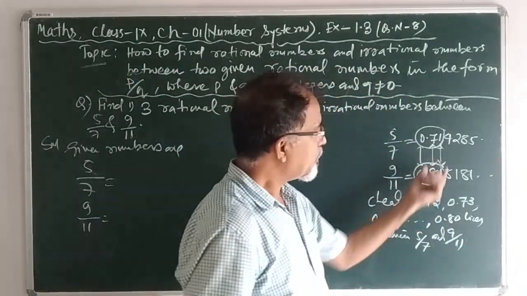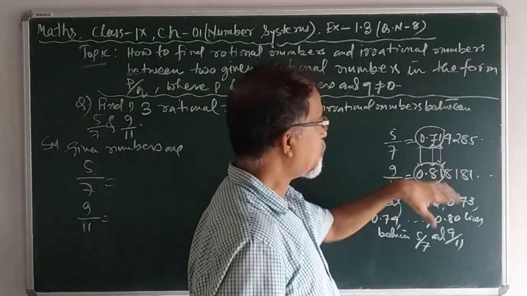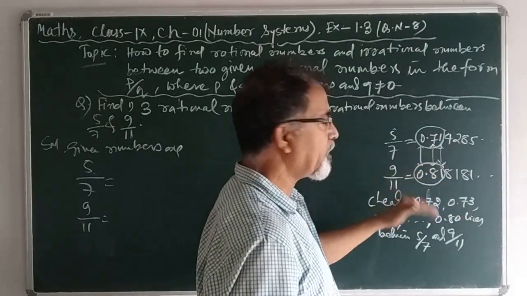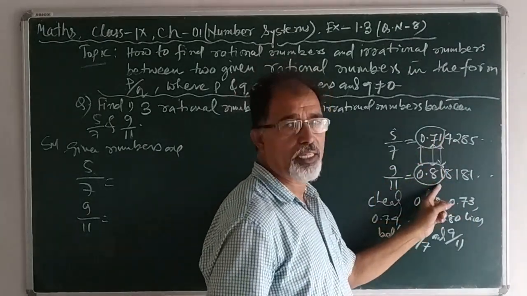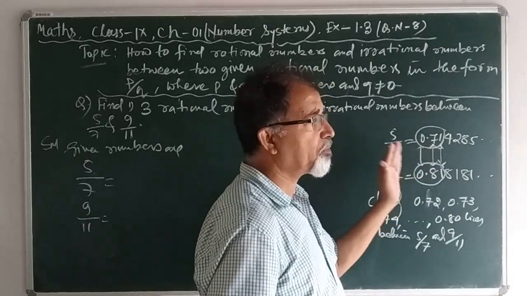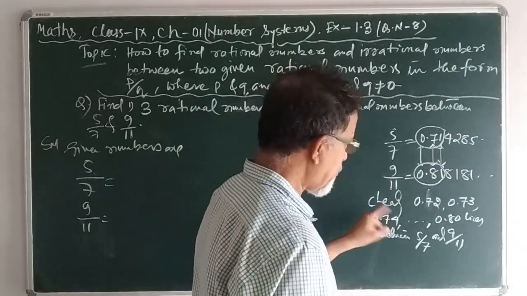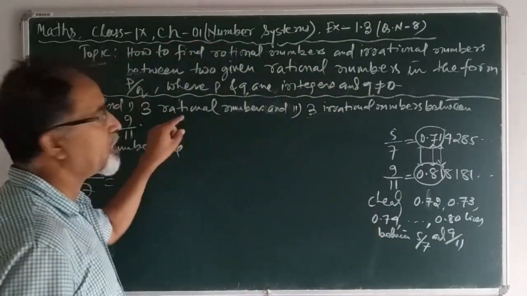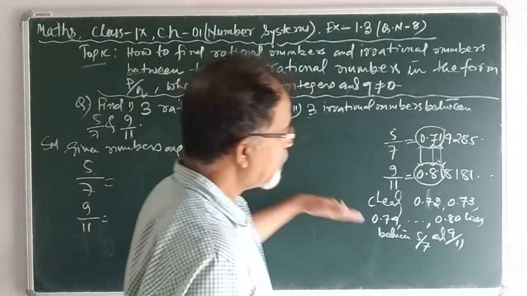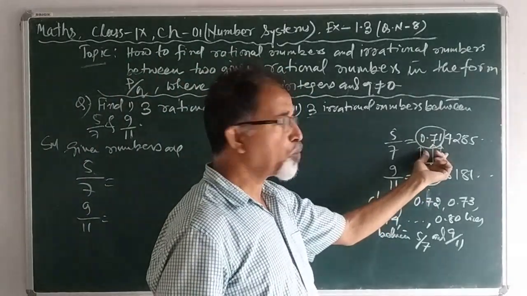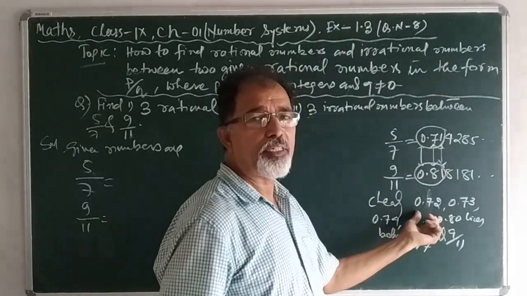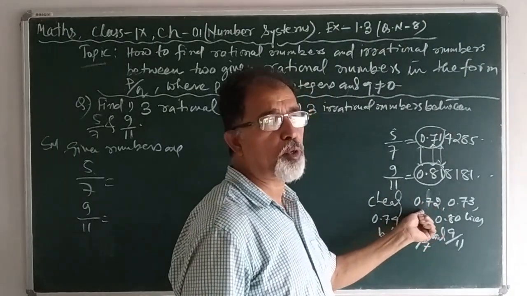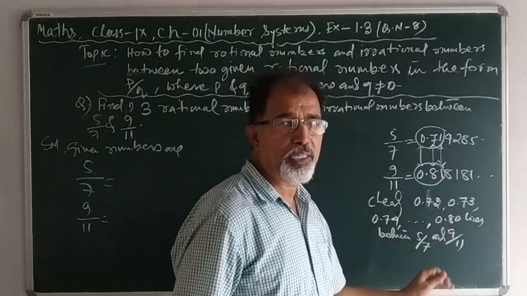And here, if you want to understand it another way, 71 and 81 are the integers, and there are 9 integers between 71 and 81, from 72 to 80, which I have already mentioned. Here we have to find three rational numbers, and by taking up to 2 decimal places, we can write 9 rational numbers in decimal form, and they are from 0.72 to 0.80.